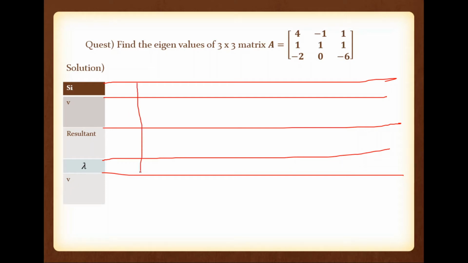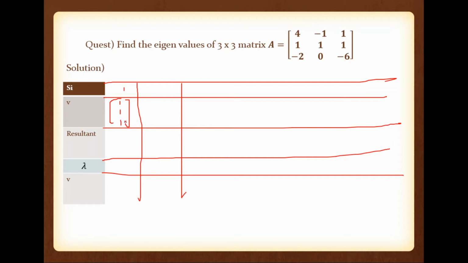So the first one is the serial number 1. The next one is serial number 2, or iteration number 2. Like that way we have to go. So in iteration number 1, what is the value? I told you we are taking 1 1 1. We just discussed that in the previous slide. So this one is the initial vector.